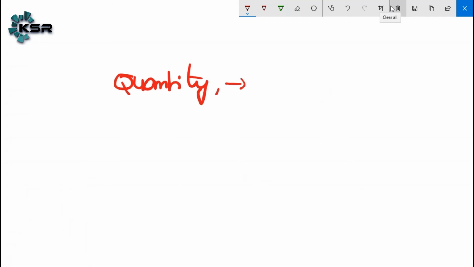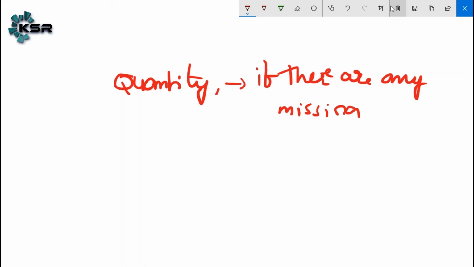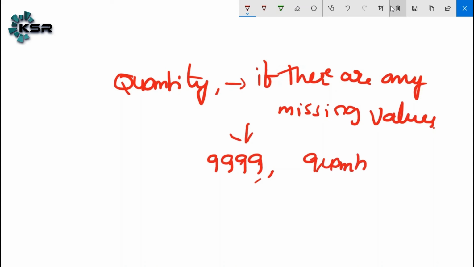If there are any missing values, then replace with 999. If not, if quantity is greater than 10, then we say low.